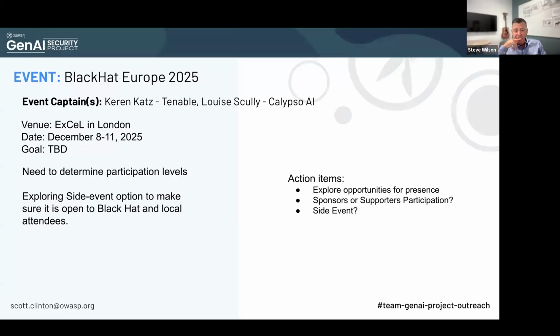Hey, Scott, just an idea to put a pin in for later. We can loop back to it, but I'm currently planning to be at Black Hat in Saudi Arabia the week before that. Appears to be a pretty big thing. We could explore whether we could do anything there. And Exabeam has a big presence there, so I might be able to leverage that so we can loop back on it. Yeah, that would be great.